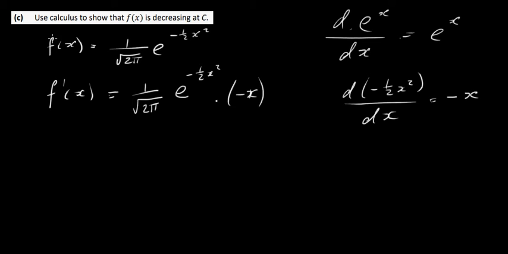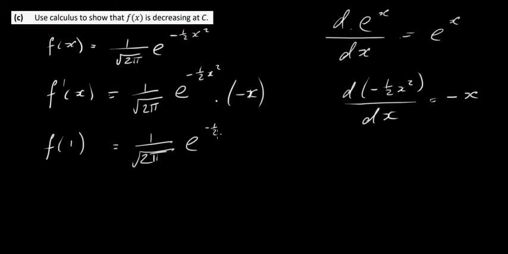What were we asked to do here? Use calculus to show that f of x is decreasing. Okay, so we've differentiated our function here, and now we've got to put in our x coordinate. At C our x coordinate is 1, so we just stick that in here and we get